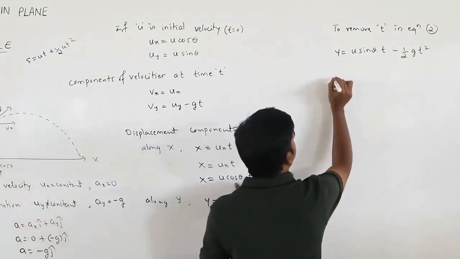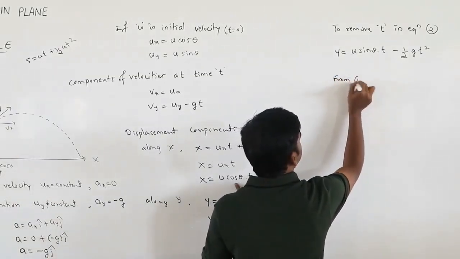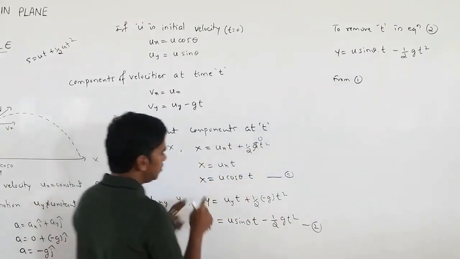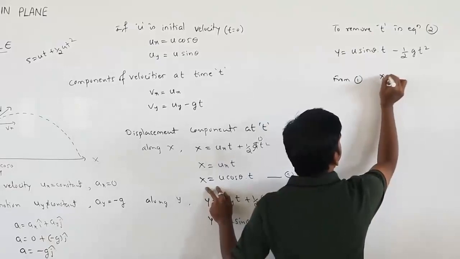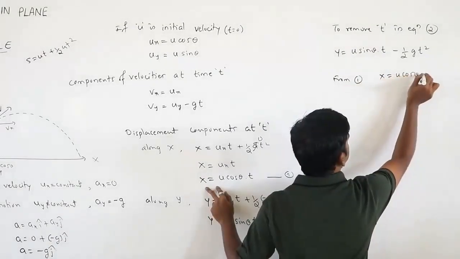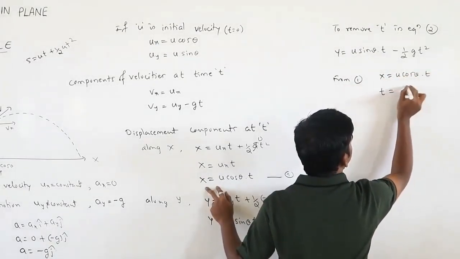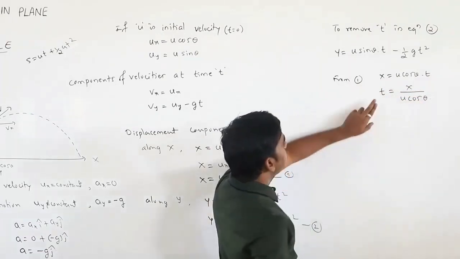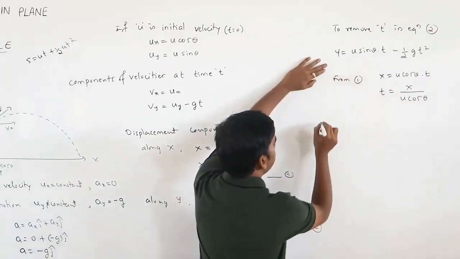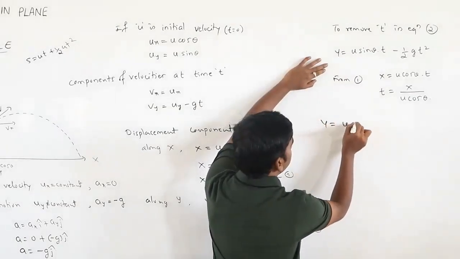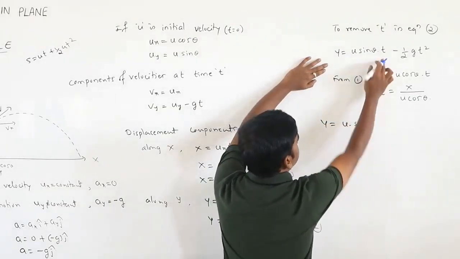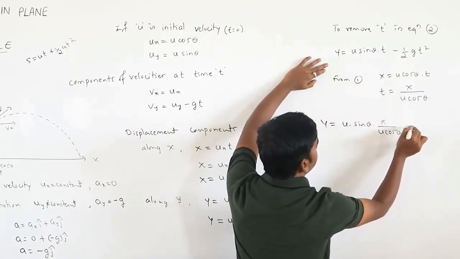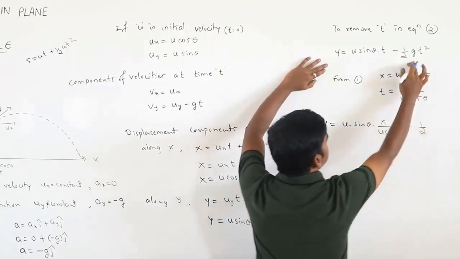We have x equals u cos theta into t, so t equals x divided by u cos theta. Substitute this t here. So you will get y equals u sin theta multiplied by x divided by u cos theta minus half g,